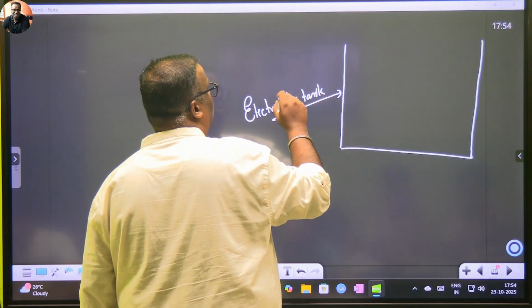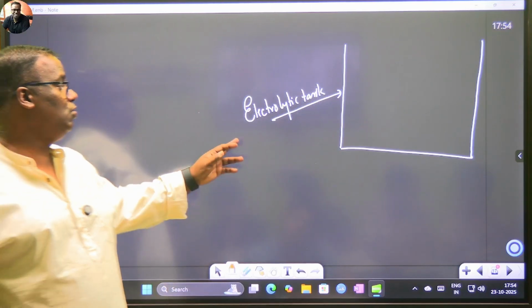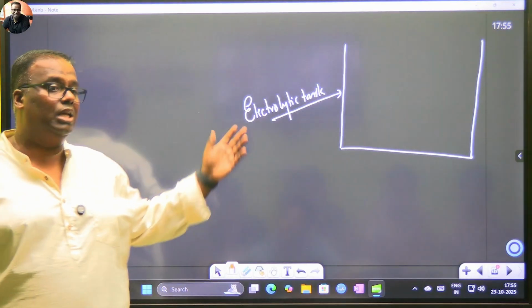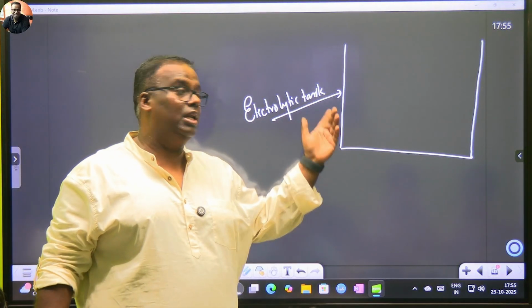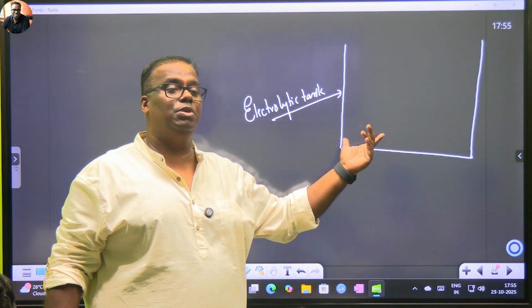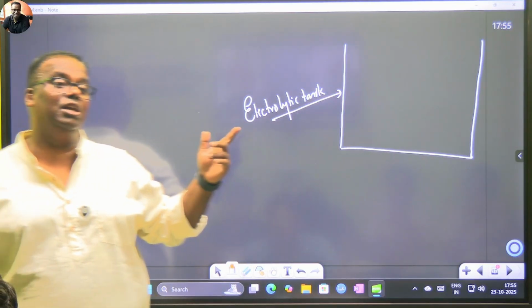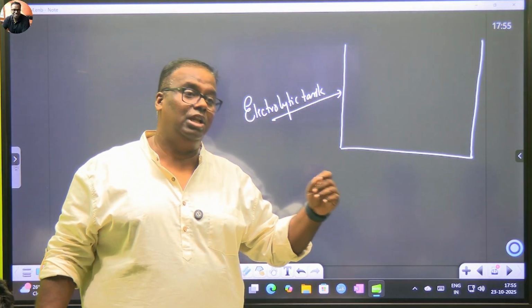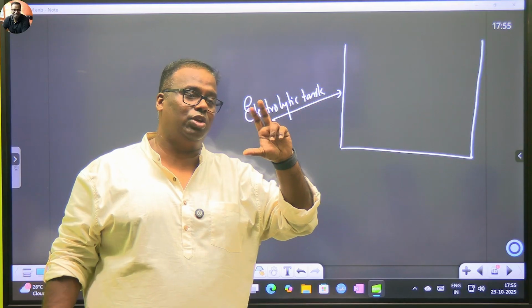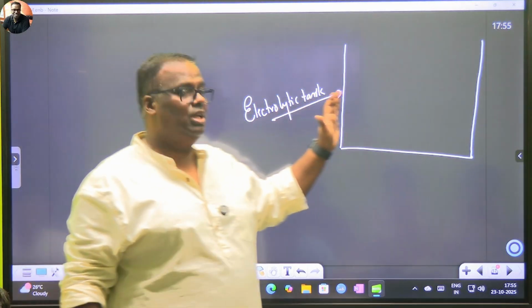Isn't it also called an electrolytic cell? Cell or tank, all the same, but the word you should not use is electrochemical. An electrolytic tank is a tank where electricity is the raw material and chemical reaction is the output. Electrochemical is a tank where chemical reaction is the input and electricity is the output, like a battery is electrochemical, so the cathode and anode are completely different there. So this is an electrolytic tank.